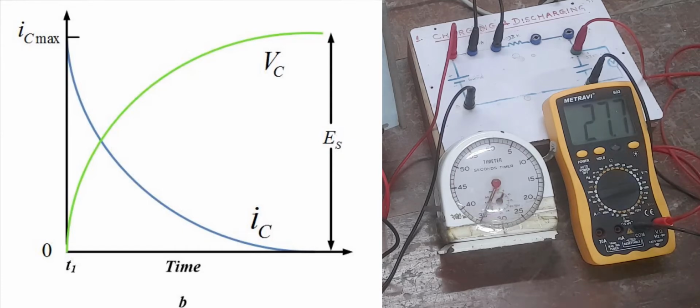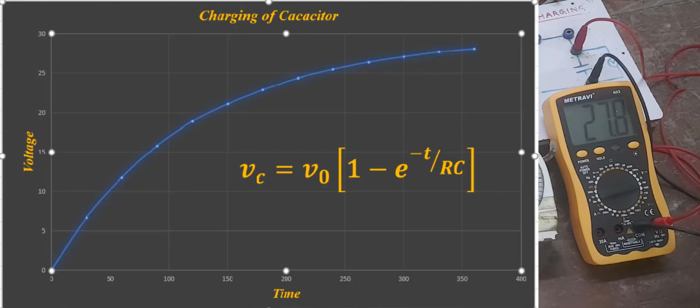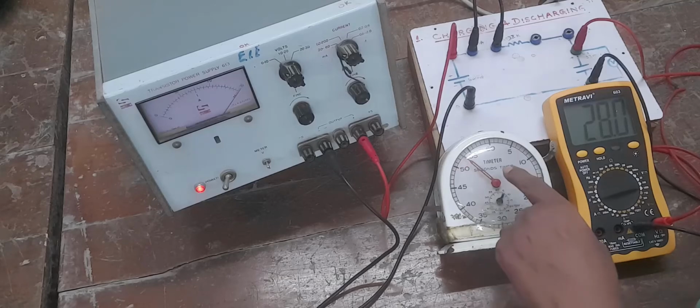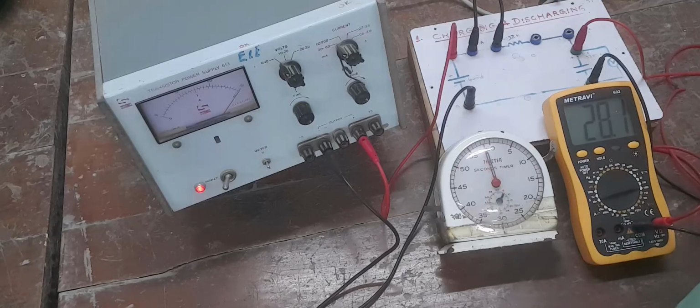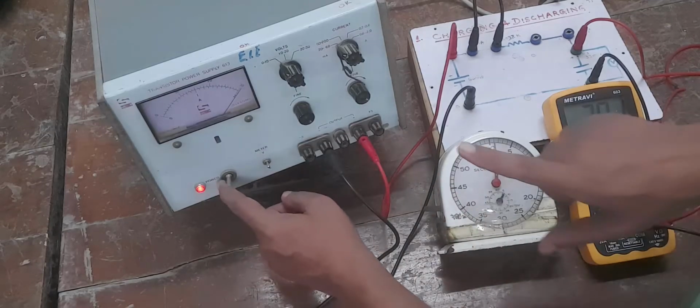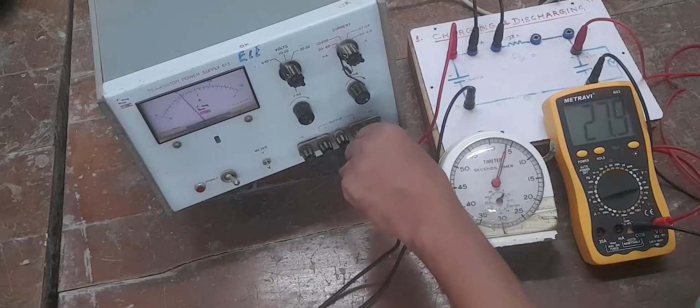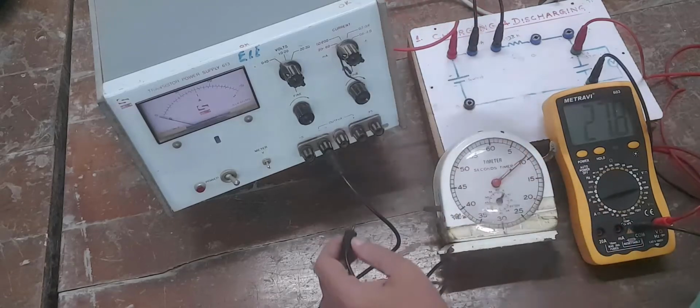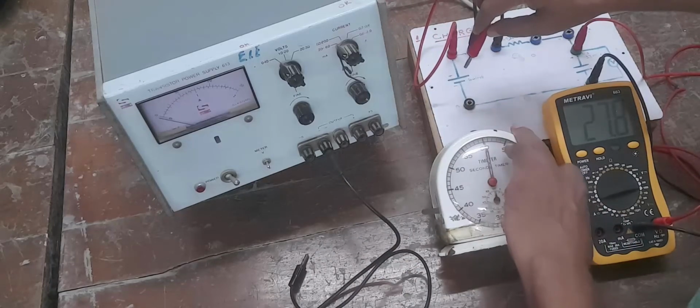This exponential nature also reflects in the equation of charging of the capacitor. So the charging of the capacitor through a resistance is an exponential graph. Similarly, we will see that during the discharging of the capacitor, the curves are exponential in nature. So the last reading which we are going to take is 28.1.